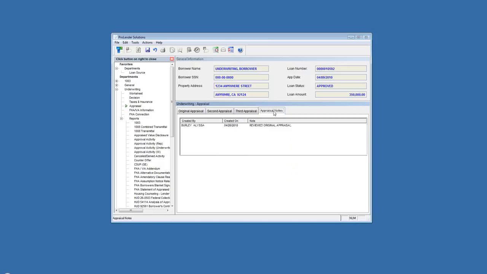And there is a tab for any notes. So if there's a note that you need to add, maybe a reason why you had to get a second appraisal, you can enter that in here. So that concludes part 2 of the